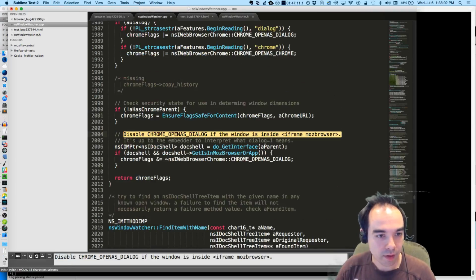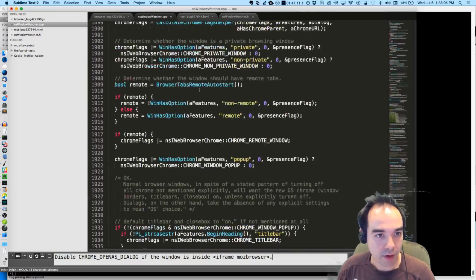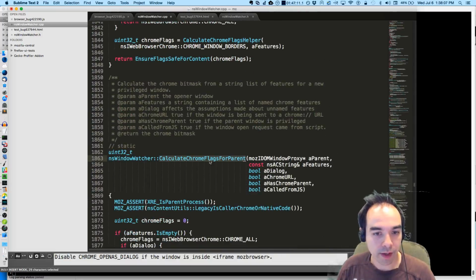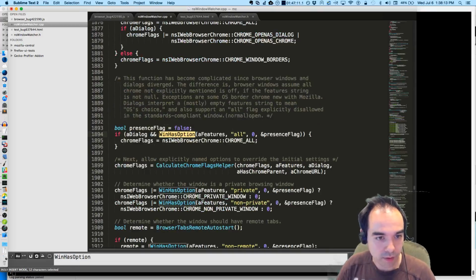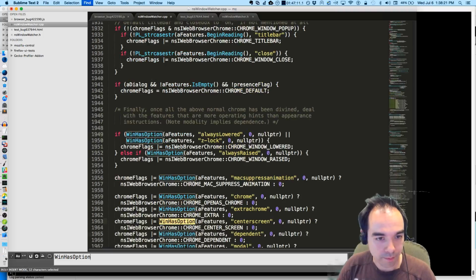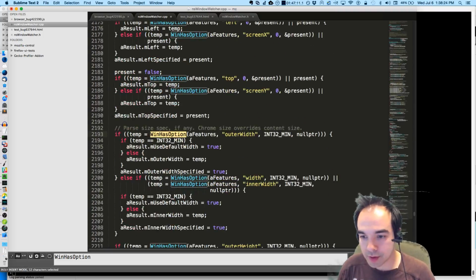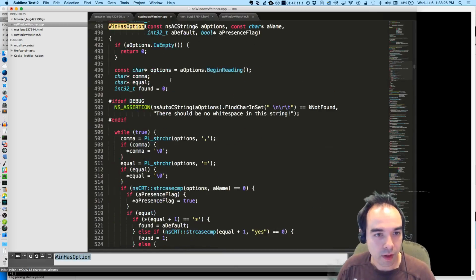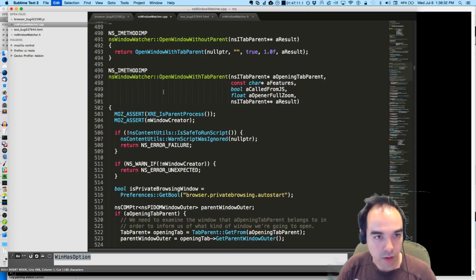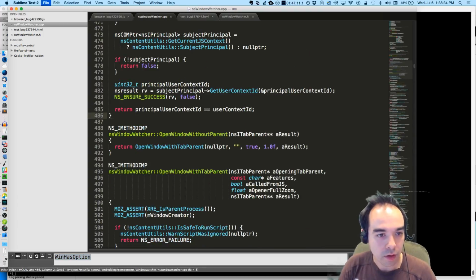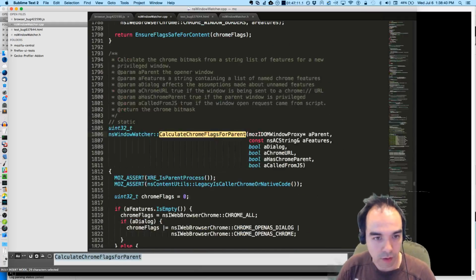Where is this comment? It's after calculate Chrome flags for parent. So WinHasOption. I've got to find it. I think it's at the top. You know what? It's at the top, so yeah. Calculate Chrome flags for parent. There.